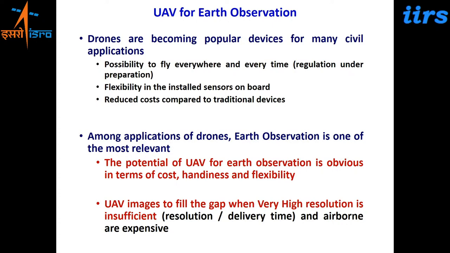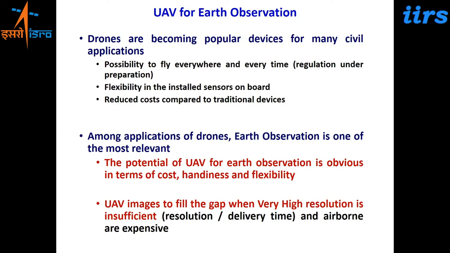Radars also have this issue. In the case of microwave also, due to layover, shadow and foreshortening, a few areas are likely to be missed out in satellite observations, whether you're talking about optical or SAR. So in a mountainous region, at least 15 to 20% of any study area of your hill region, the data sets are not collected properly because of these issues.